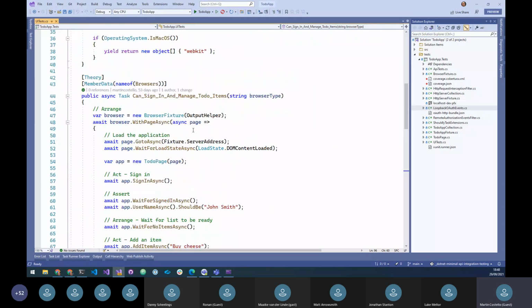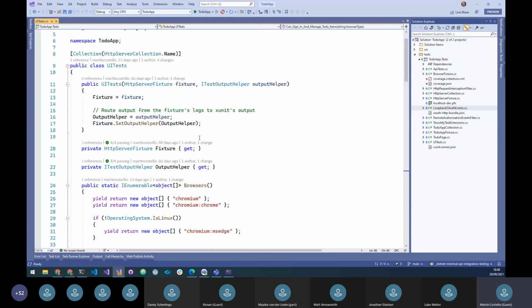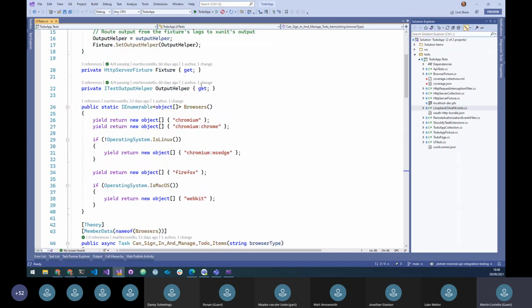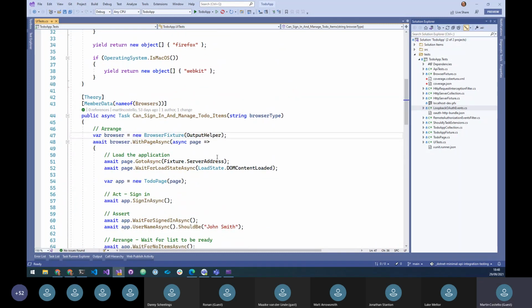So the UI testing for this, I noticed somewhere in the chat, someone talked about Selenium. This is not using Selenium. This is using a newer web application testing framework I learned about this year called Playwright. So if I go into browser fixture,